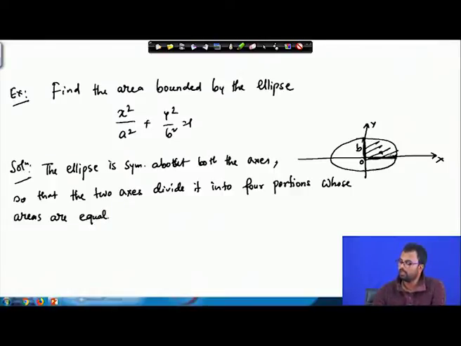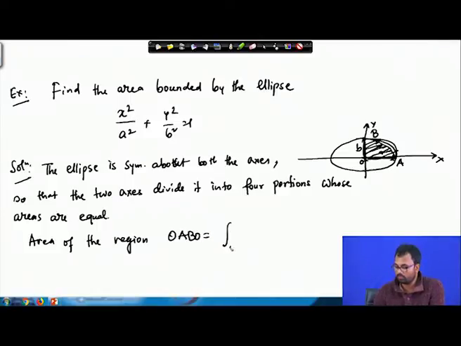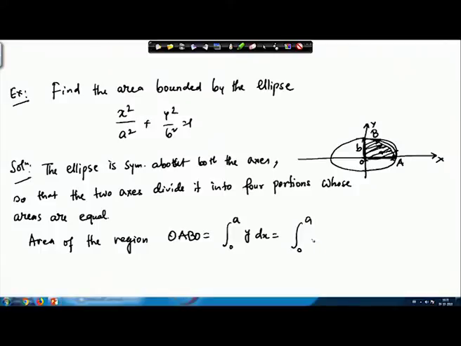So now we will basically integrate this region. So we will basically integrate the area bounded between this curve and these 2 points, so x equals to 0 to x equals to a. So the area, let us say this is O, A and B. So the area of the region O, A, B, O is equals to integral from 0 to a of y dx, and our y is basically b times square root of 1 minus x square by a square, dx, right. So this will be b by a integral from 0 to a square root of a square minus x square dx. Now this we know from our usual integral calculus formula